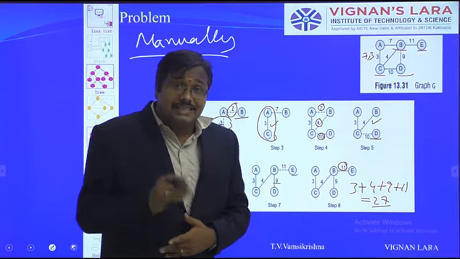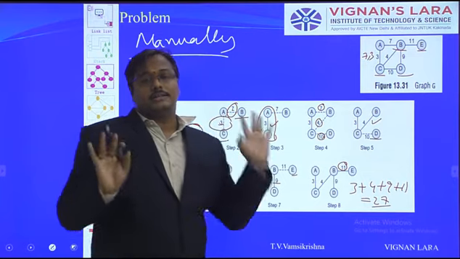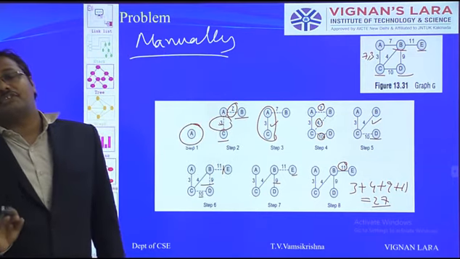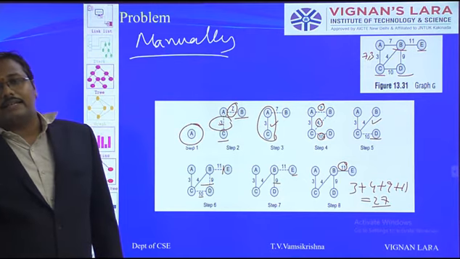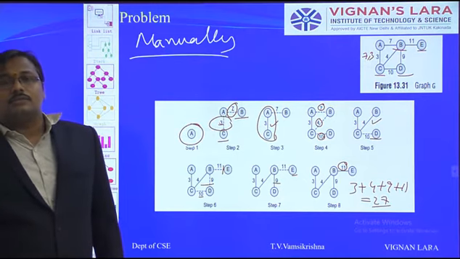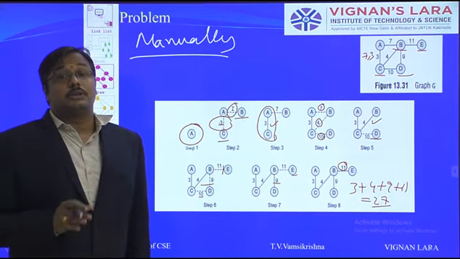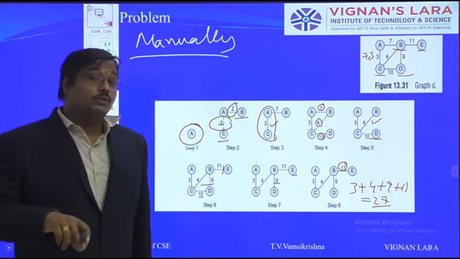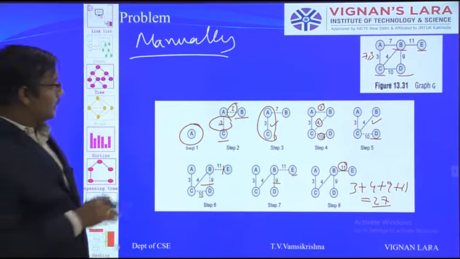If by considering this edge we make a cycle, that one is not considered. Why? Because it is a tree. So when we are selecting an edge, and with that edge no cycle is formed, then only we consider this edge. Suppose if a cycle is formed, we go for the second minimum. Okay, that is the case.